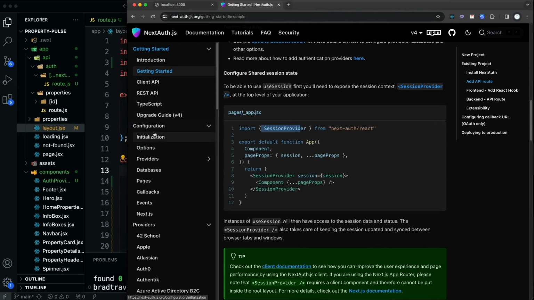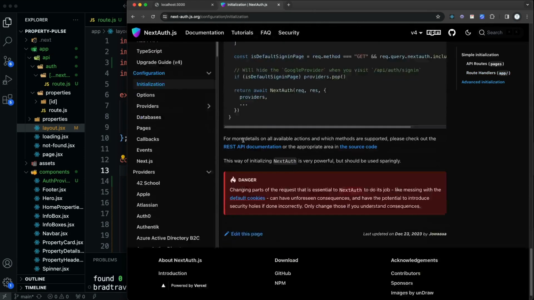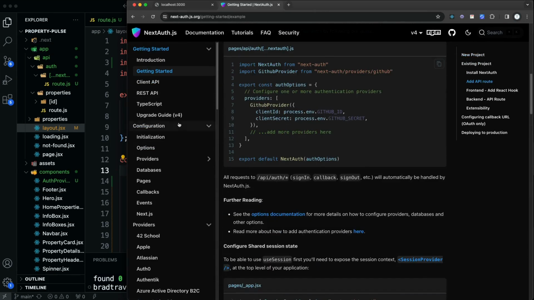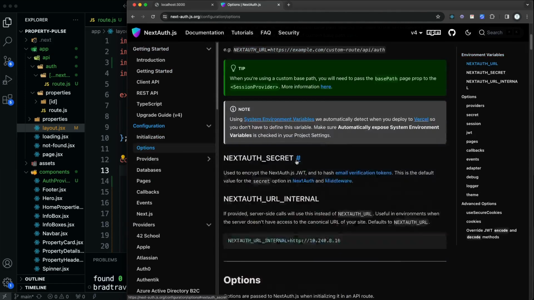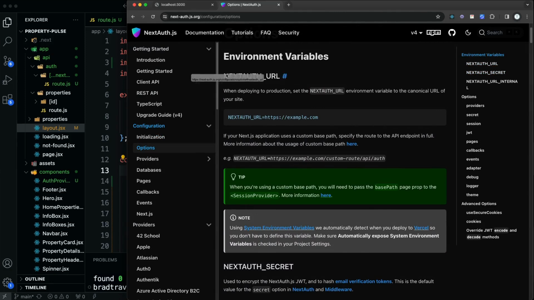I believe this is in configuration, and then let's see, where did I see it? Is it in here or options? Yeah, right here. So we need 3 environment variables, next auth URL. So when deploying to production, set this environment variable to the, I can never say this word, canonical